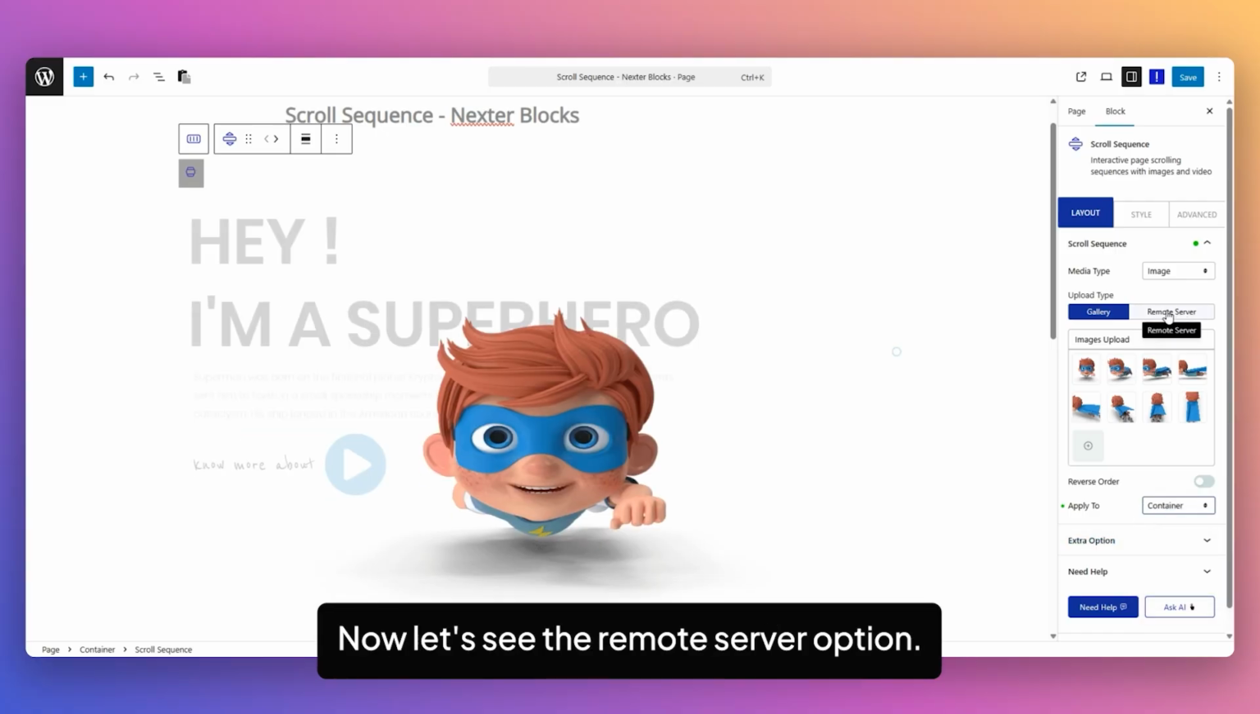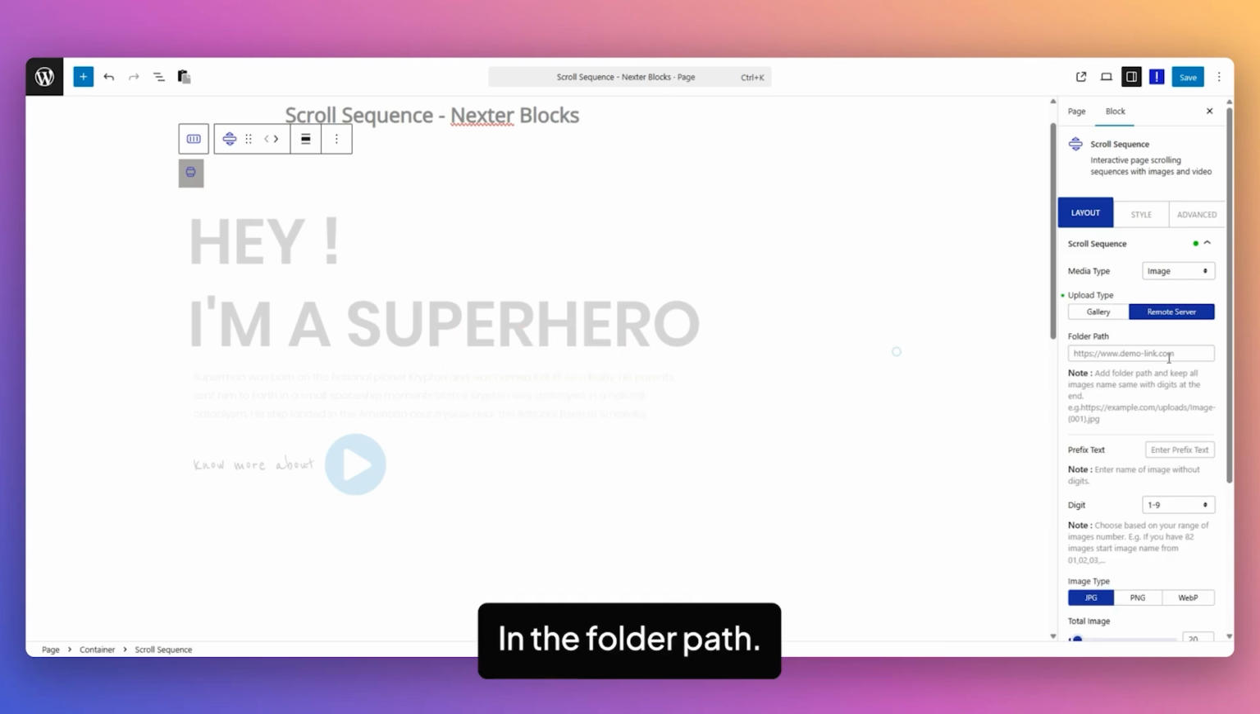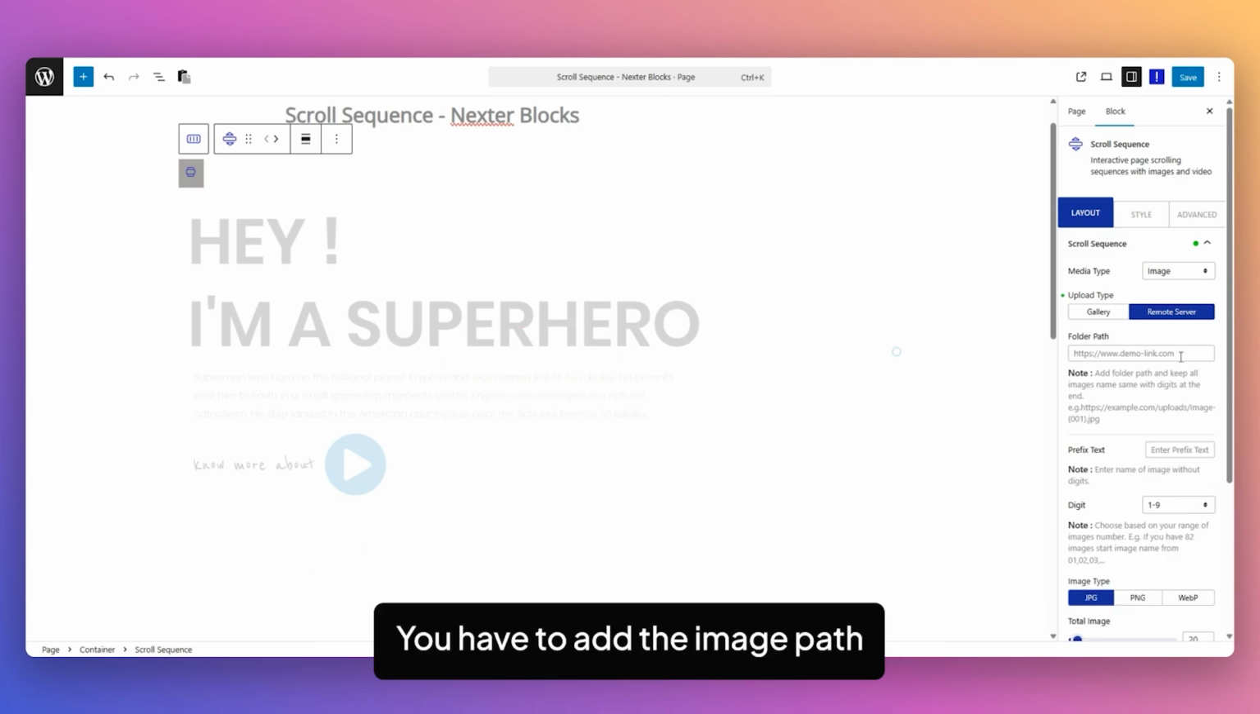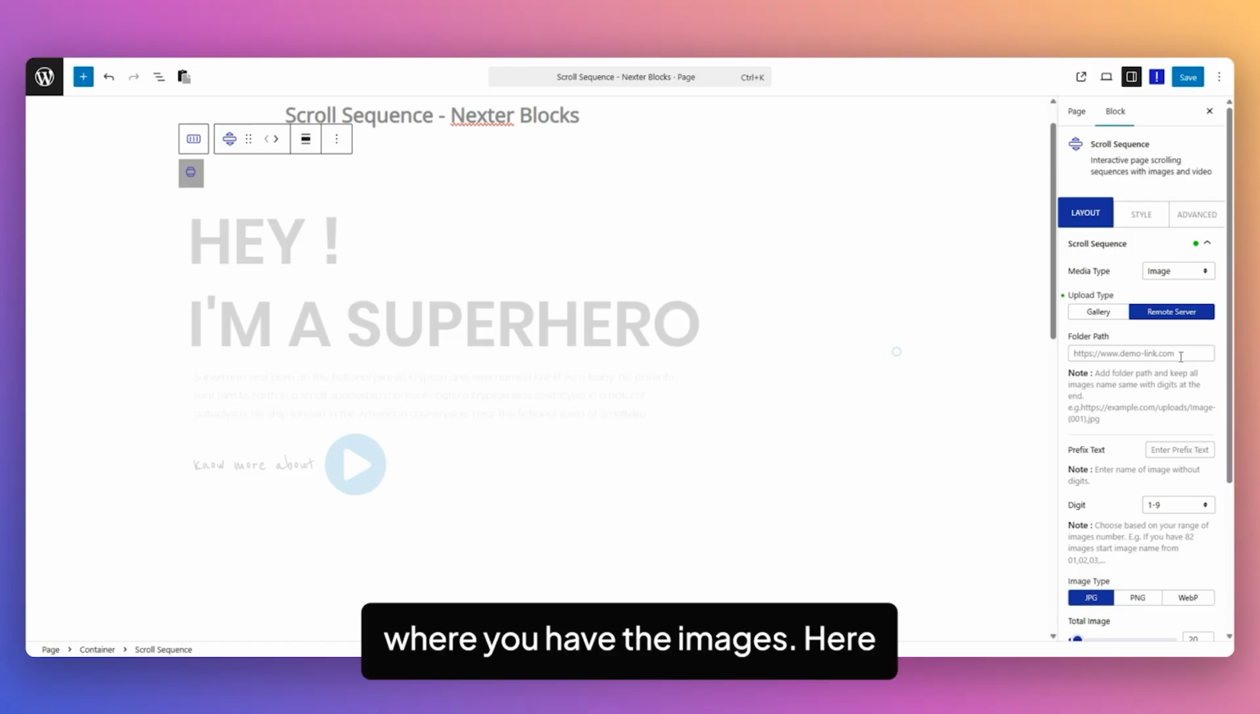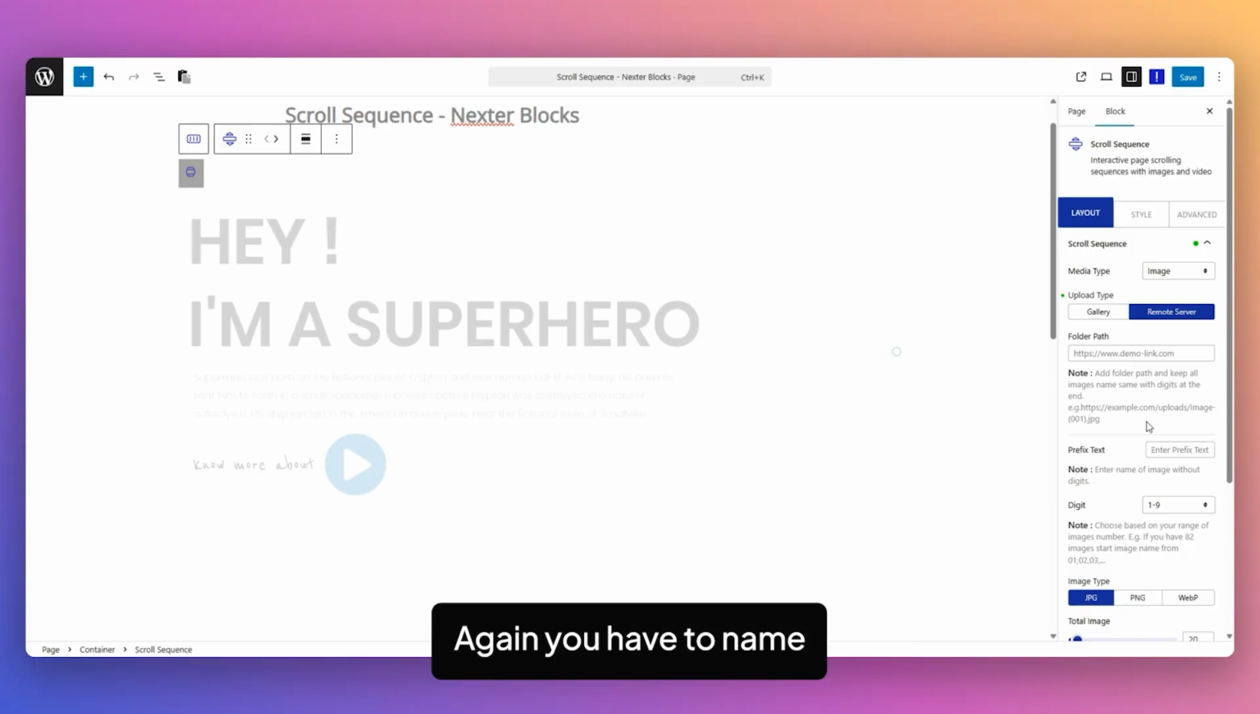Now let's see the remote server option. In the folder path, you have to add the image path without the image name. For example, your path could be yourwebsite.com/images, the folder name where you have the images. Here, in remote servers, again you have to name the images in a sequential order like 1, 2, 3, 4. Then in the prefix text field, you can add a prefix if you have added any prefix